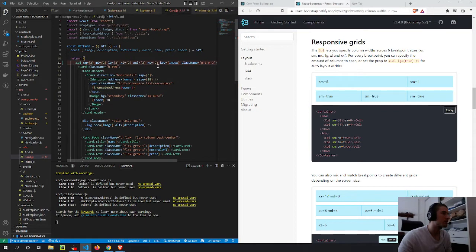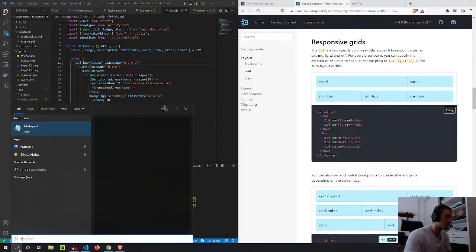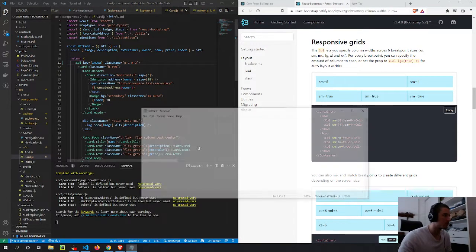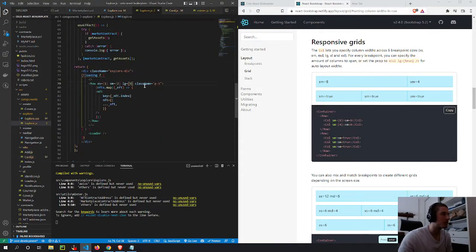So I'm gonna have to Control C this. So I think I'm gonna have to change on this row here these values, and hopefully this is gonna fix the thing. So I'll wrap